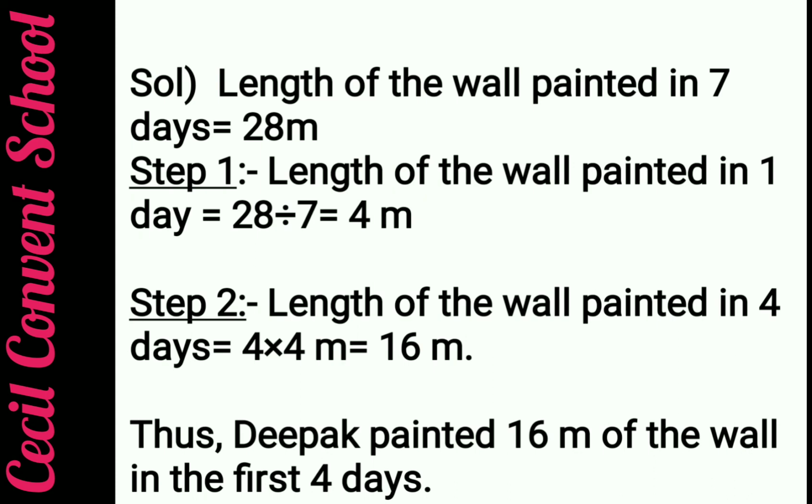Clear, students? So students, in this chapter you have learned what the unitary method is. The unitary method is a method of finding the value of one item. And you have learned that if one item's cost is given and you have to find the cost of many items, you have to multiply. When many items' cost is given and you have to find the cost of one, you have to divide. In this type of unitary method, firstly we divide, because when many items' cost is given, you can't find many items directly. From many, firstly you go to one, and from one you go to many. Like this manner we have done this chapter.